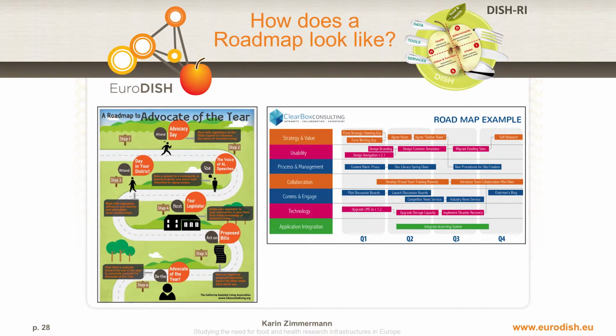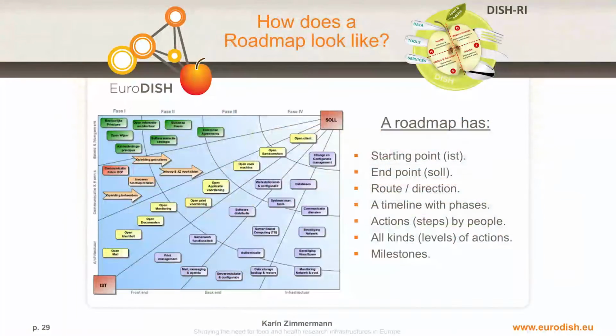Besides this more simple game-like picture, you have a more advanced picture representing different activities in a roadmap, different stages over a different time period, but also interlinkages between different activities and different stages. All combined, it is a kind of roadmap starting from a starting point towards an end point.